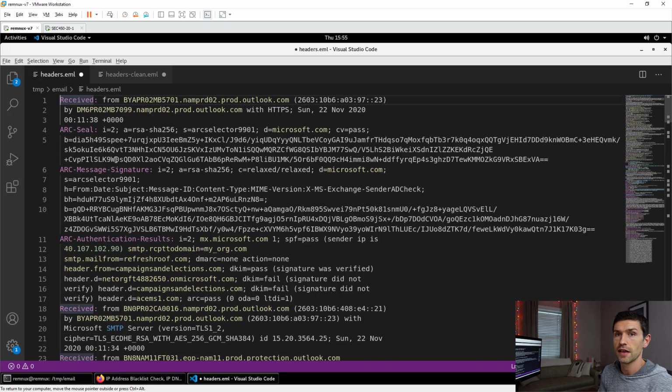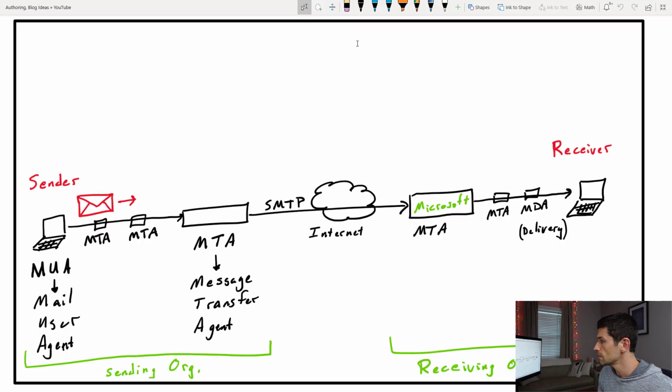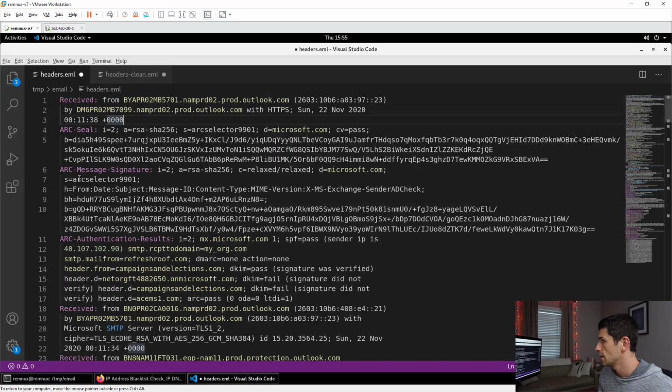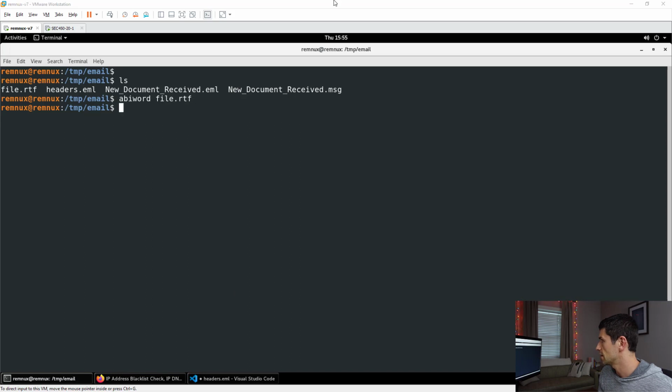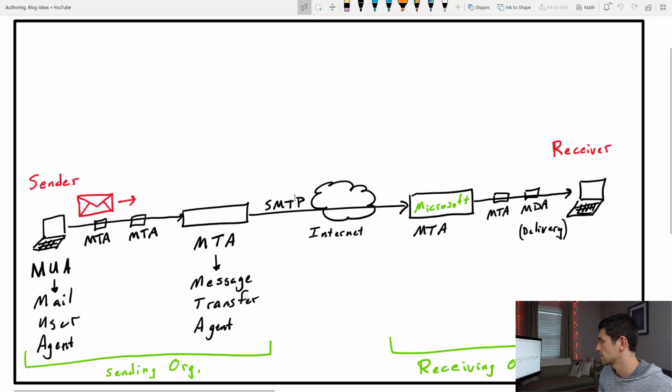It should tell us, backwards chronologically, every single MTA that thing touched. So in this case, this first item right here should be the last step before the email got to us. The next received line here should be the next item back, and so on, all the way down to where